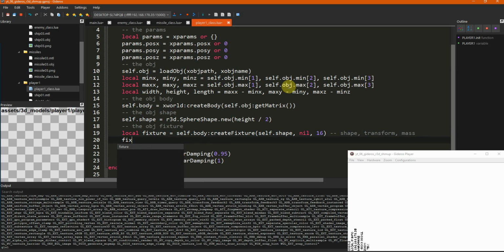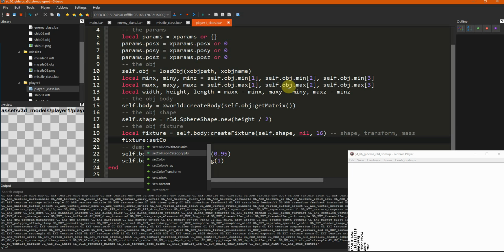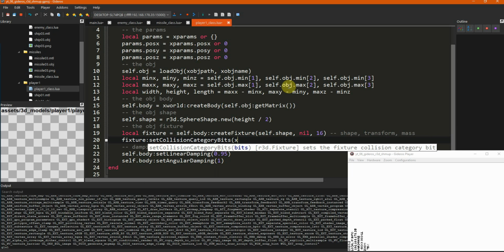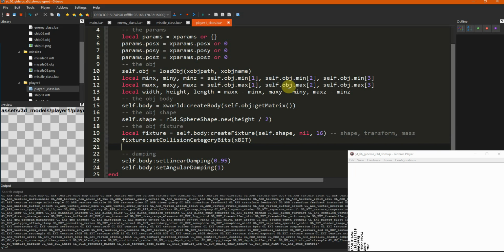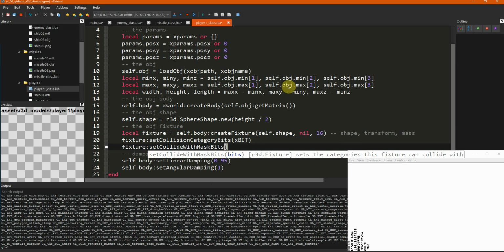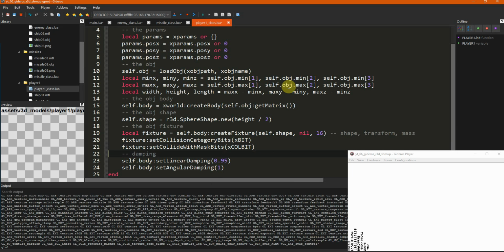Then we say fixture set collision category bit, and we pass in the x bit, and the fixture can collide with set collide with mask bit, and then we pass the x call bit. So that's the same for all classes.